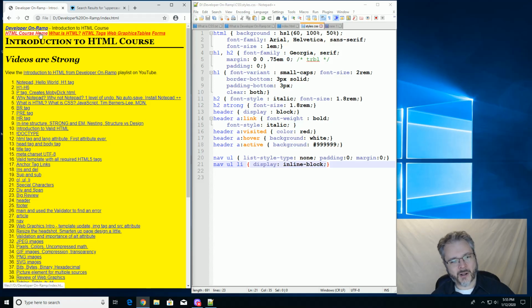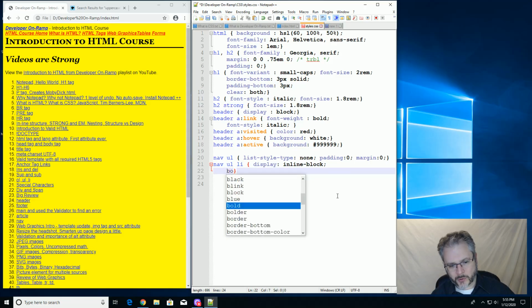All right, save that. And you can look up display in your Mozilla documentation. Okay, so now they're all in one line like they were before, except the difference is that we deleted our vertical pipes, so we got to get those back in. Okay. So we're going to get those back in by saying we have a border right